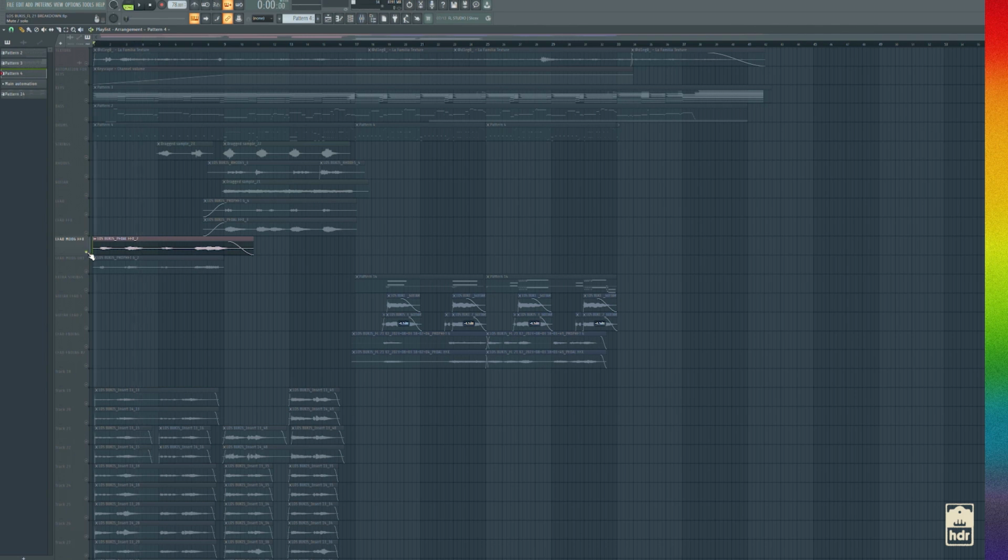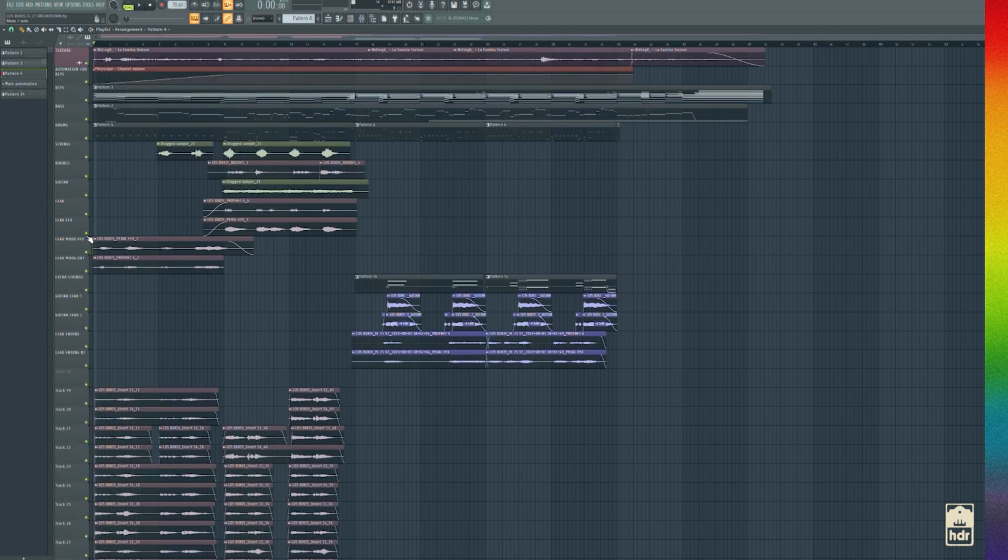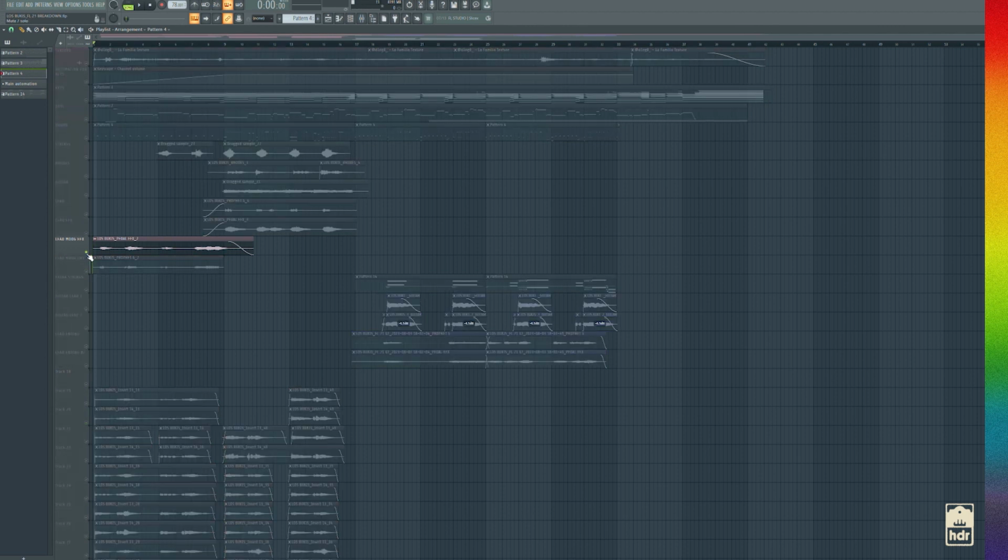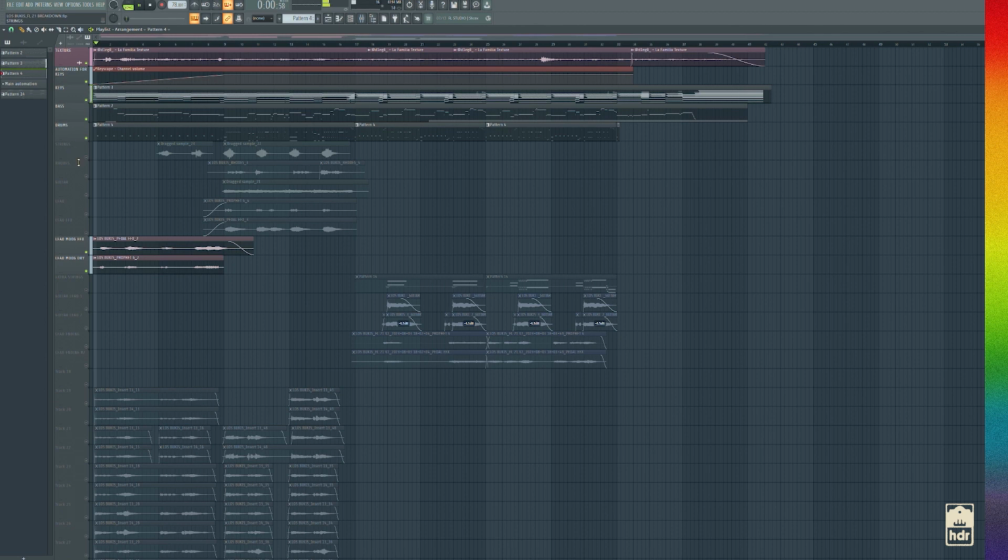Which obviously just adds outer space to your sound. So stacked together, it sounds like this. Just like that background noise, that background texture, so that way it's not just a dry synth.